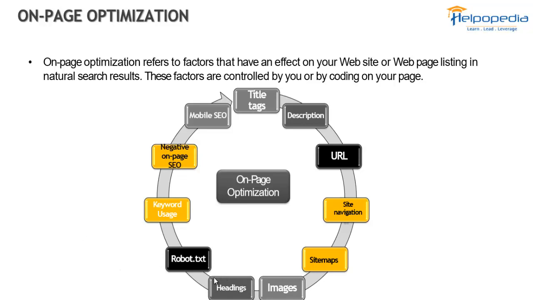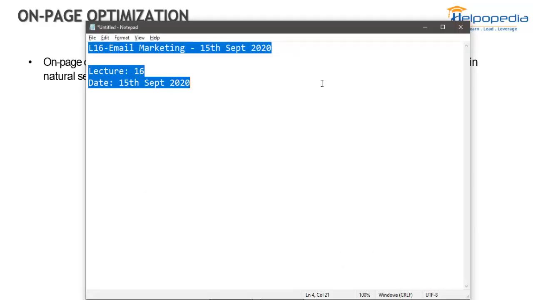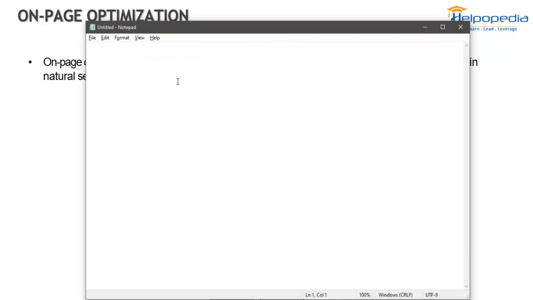So that is using of headings, and some of our headings should also contain our primary keywords. So basically using primary keywords is mandatory at all the places. So that is what is mentioned over here. Then it's keywords usage, so this is very important again. So if we talk about keywords usage, then what is keyword usage?